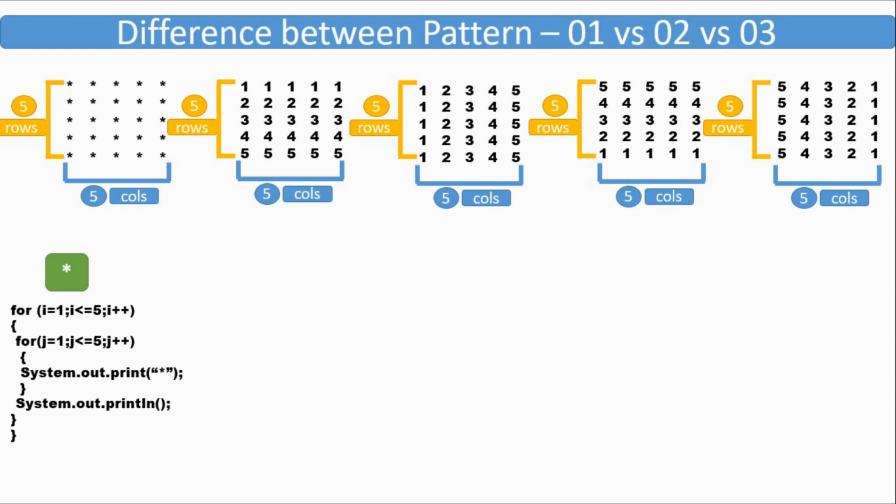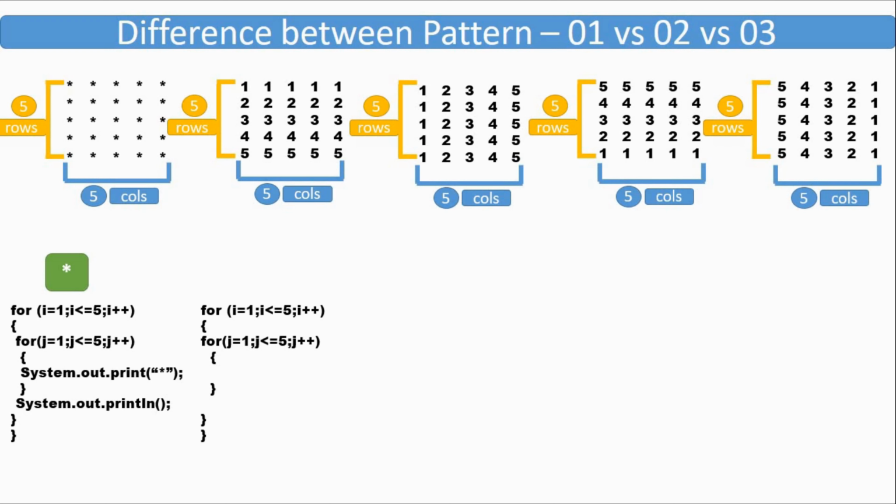Now we can see in the second pattern the number of columns and number of rows are the same as the first pattern. So we will copy our previous pattern's outer loop and inner loop code here. Now what do we have to print? Here we can see the value is printing like 5 times 1, 5 times 2 and so on. We already know that in a particular row where we get a constant value, like in the first row we have 1 1 1 1 1 and then in the second row 5 times 2 and so on,